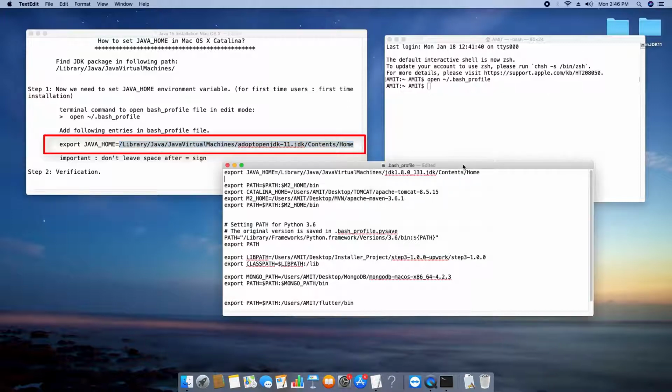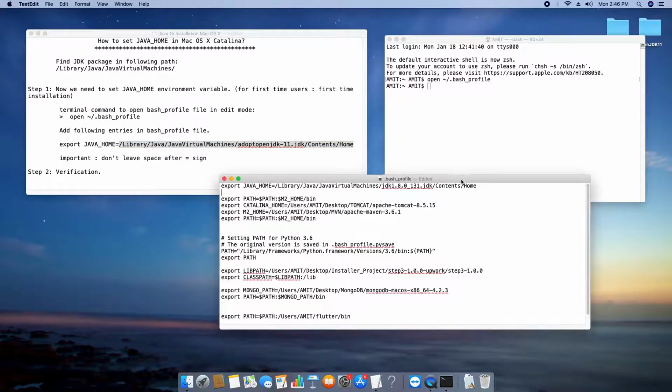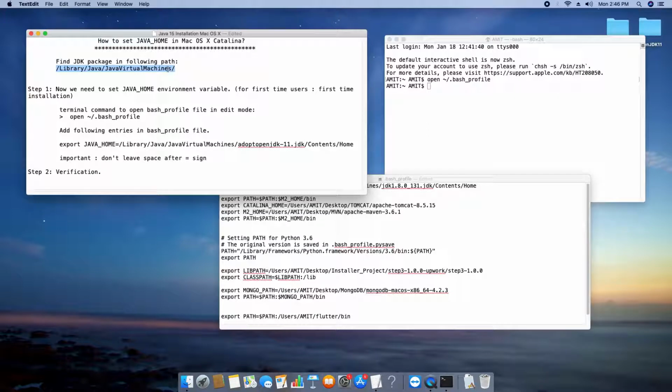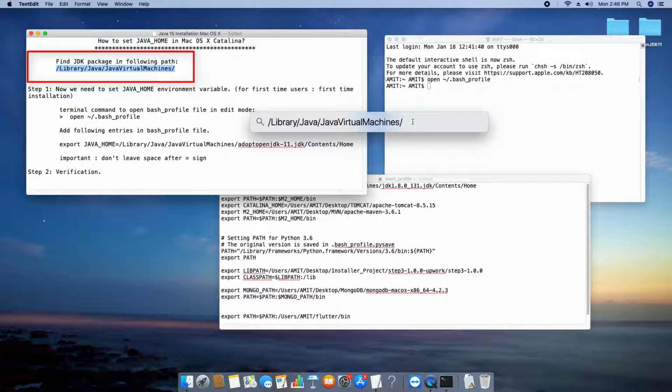Okay, I will show you how to set it. Suppose you have just installed any Java package and now you have to visit this location. To do that, open the Spotlight search and just type this path. This path is also in the description, so you can get it.